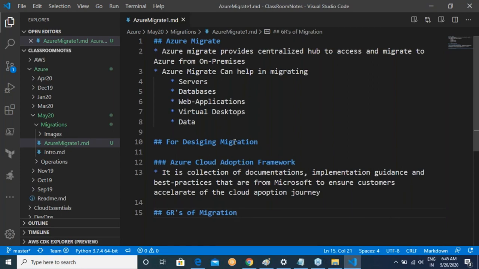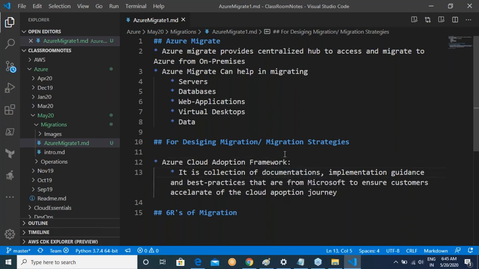Those 6 hours will help you in understanding what will be my basic migration strategy, right? For designing migration strategies. Okay. But if I start speaking about it, it will be completely a theoretical discussion. So I'll try to hit a balance over here. Okay. So the first thing which we will do is we will try to have a practical approach. Okay. Rather than really a theoretical one. Okay. So we'll be doing this, right?